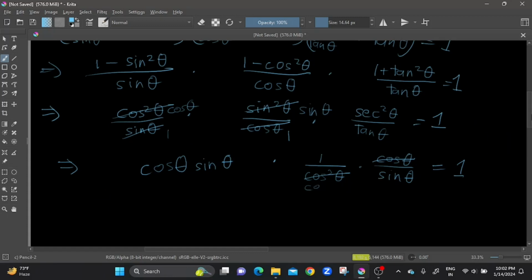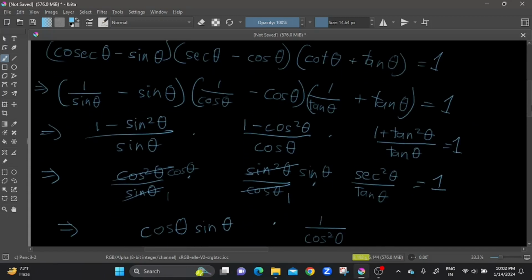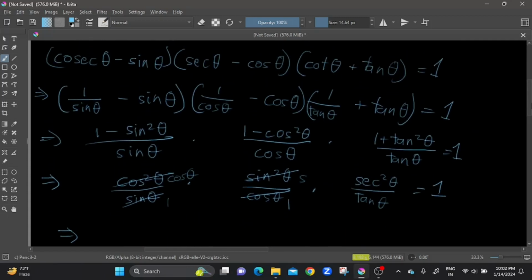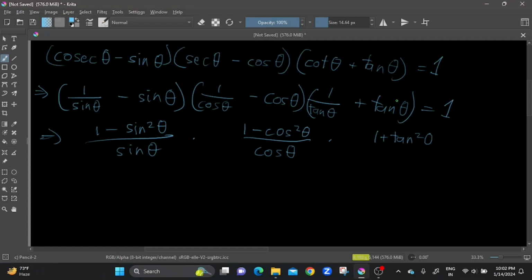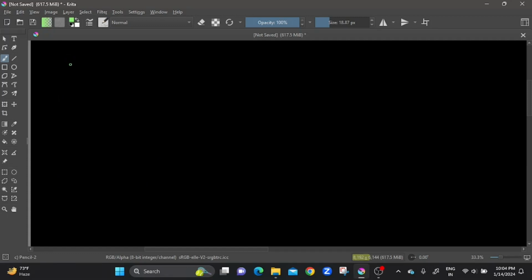Let's just clear up the board real quick. And next we're going to be doing our last conventional problem, and then we'll be jumping on to the unconventional problems actually. Right. So our last problem is cos square theta by sine theta